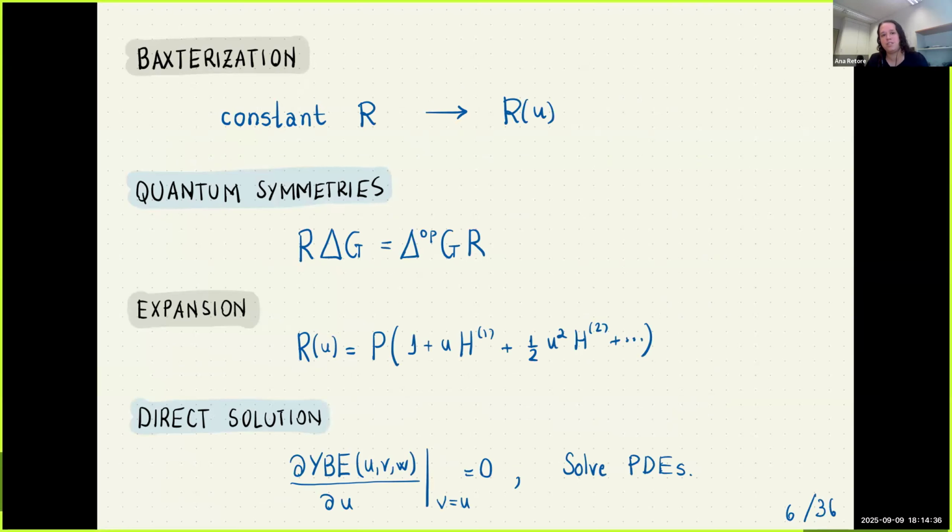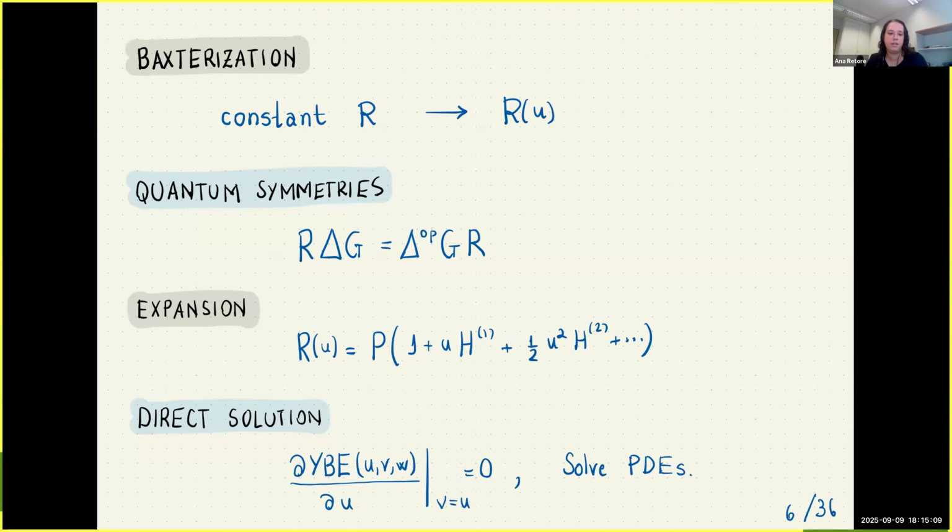Baxterization, for example, as we just heard, you can use to go from constant solutions of the Yang-Baxter equation to spectral dependent ones. If we have quantum group symmetries, we can construct the R matrix that has that symmetry. We can also expand the R matrix. For example, for the case where the R matrix is regular, we could expand around u equals 0 and have a series like this,